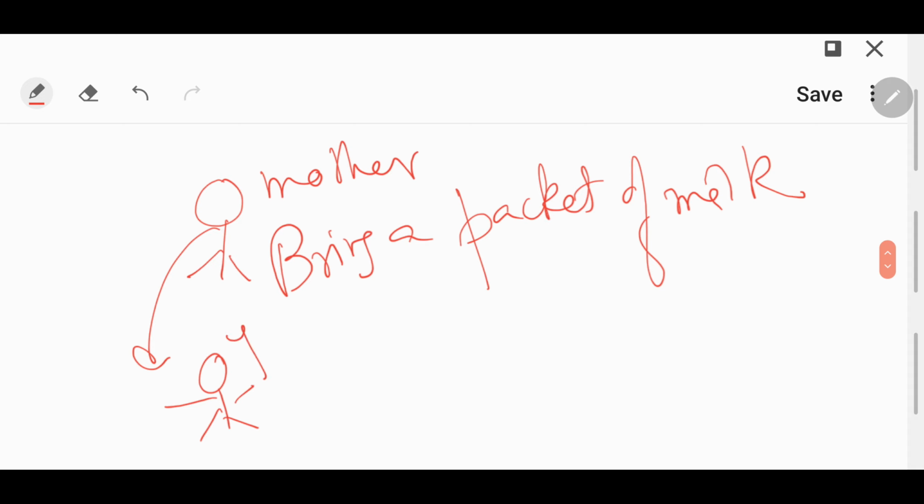Let's say this is you. Then it's up to you and it's your wish how you go to that shop, from which shop you buy, but your mother is concerned only with one thing, that she requires the packet of milk. Mother has not given you the steps in which you have to buy the packet of milk. But if instead of this statement, your mother says that